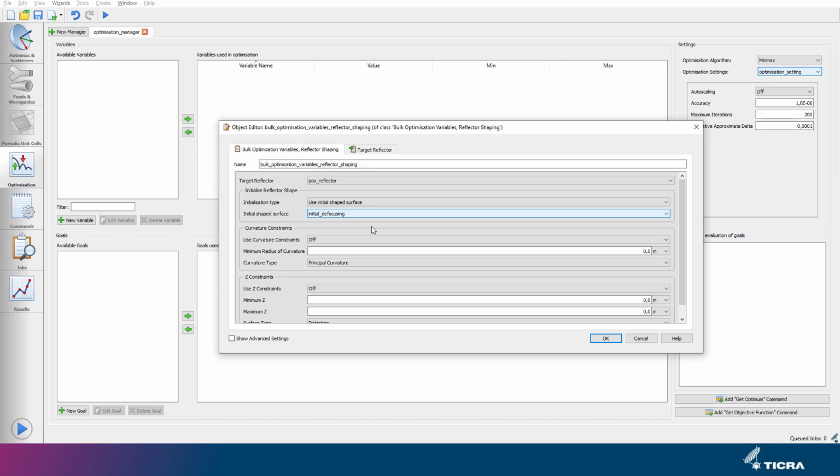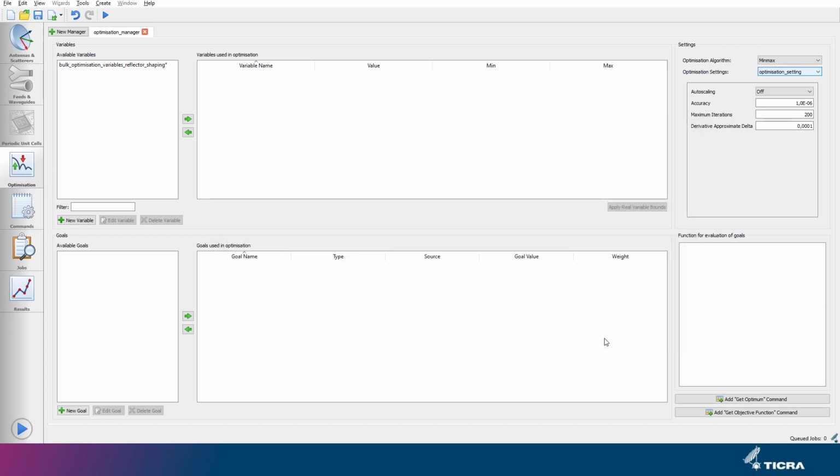Further, if your reflector surface has certain mechanical constraints that must be fulfilled, for example the minimal radius of curvature, then you could define it right here in the bulk variables object. In classic POS, these constraints would go into the reflector object, but in the new approach we have collected everything related to the optimization problem here on the Optimization tab. Then we choose to select the bulk variable, such that the possibly hundreds of spline variables on the reflector are included in the optimization with a few clicks.